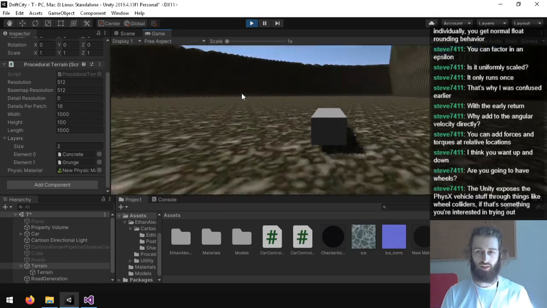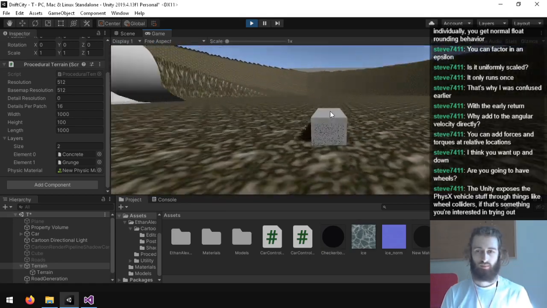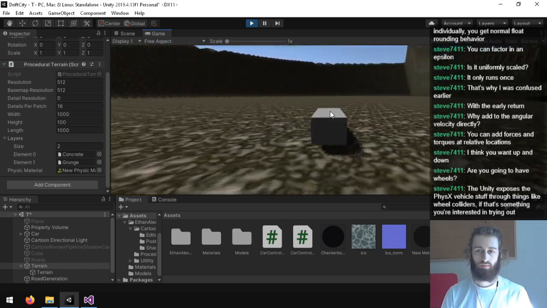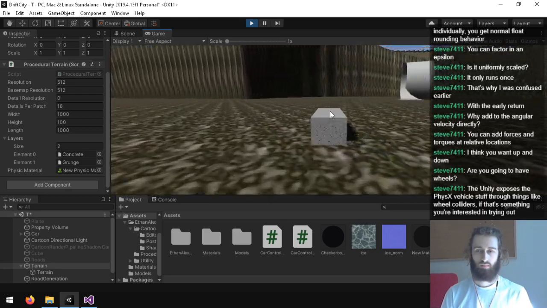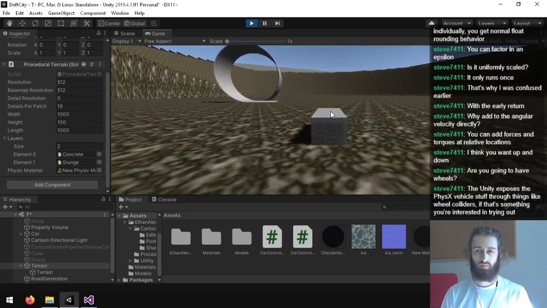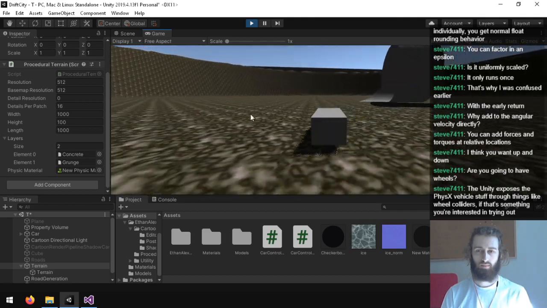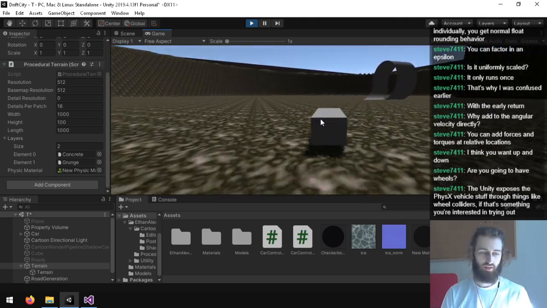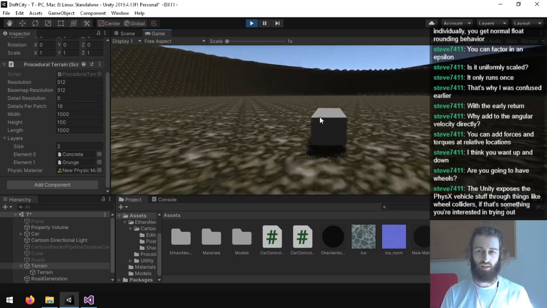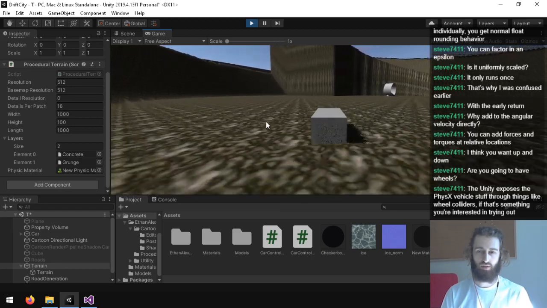I'm thinking I should add at least a little bit of friction. How am I gonna do this friction? This is the main thing. I think a lot of the things like drifting just stem from the sideways friction.